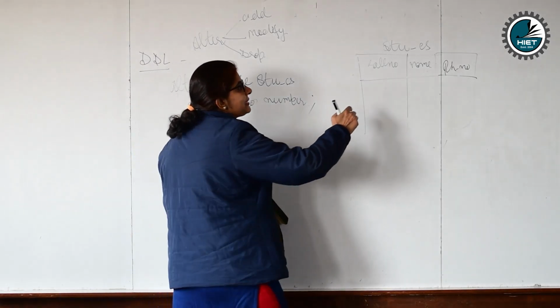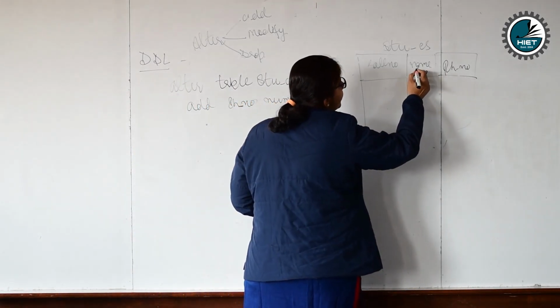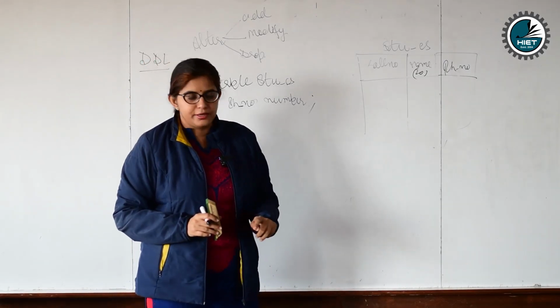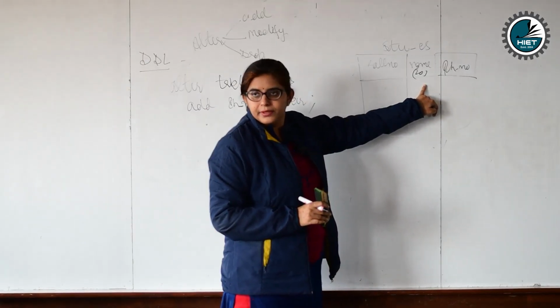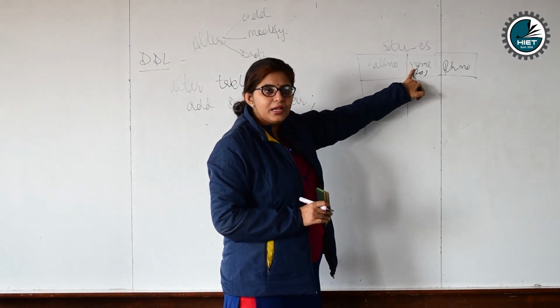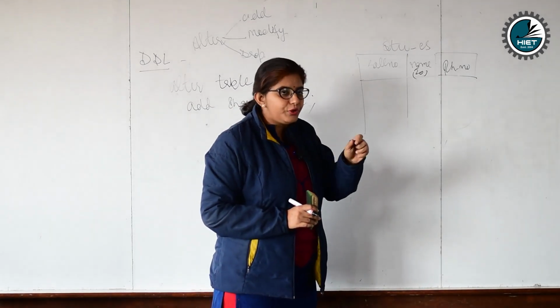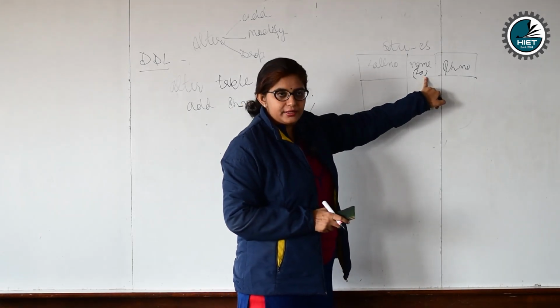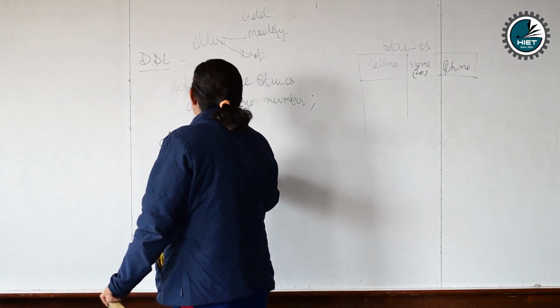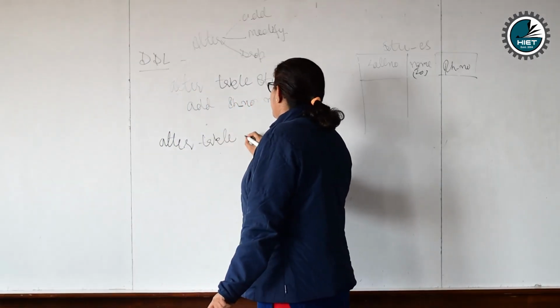For example, the size of name is 20 characters and a student comes with a name of 25 characters. Now it will not accept this name. So what do I have to do? I have to modify this name, not the column. We have to modify the size of that character. So the syntax will be alter table, table name,